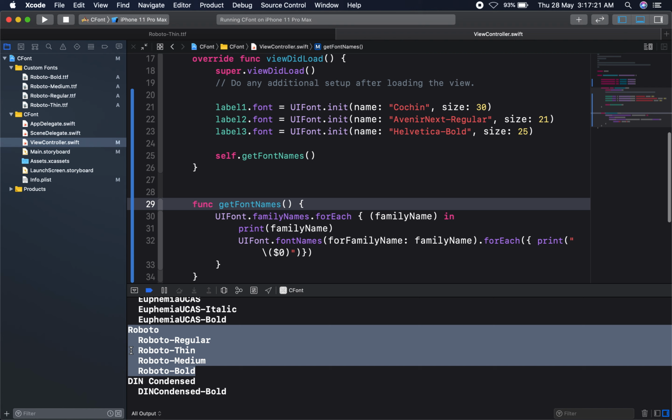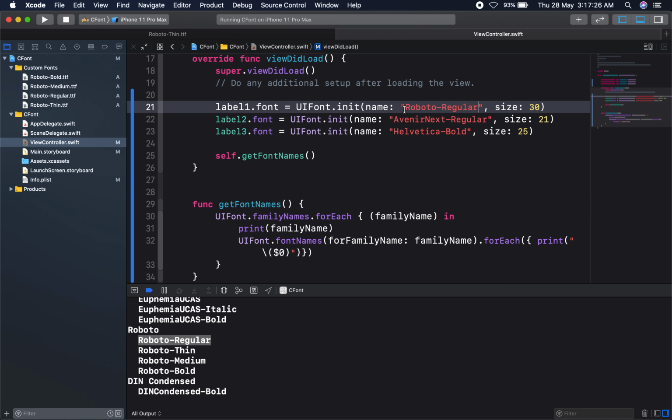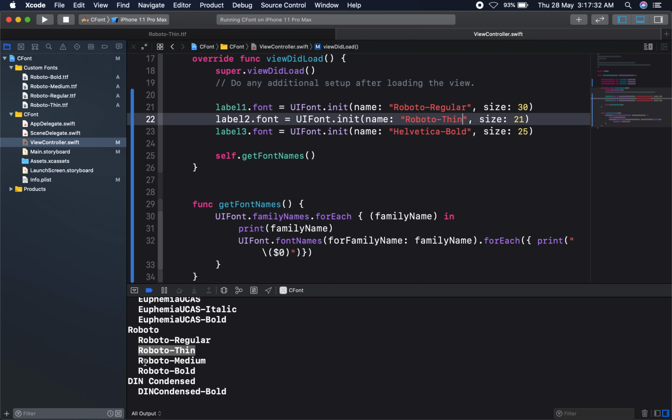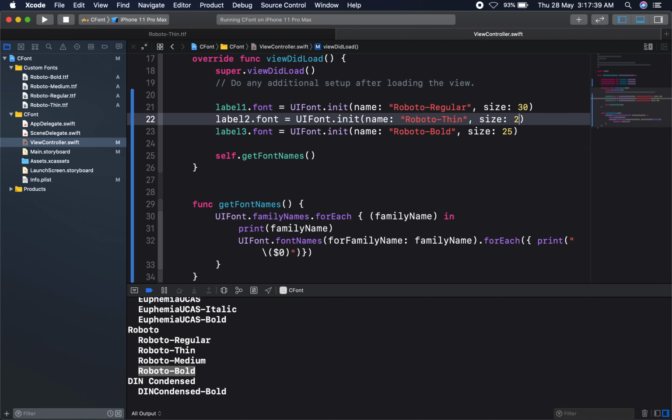Now I will customize my label fonts by choosing Roboto regular, thin, bold, with whatever size of font you need.